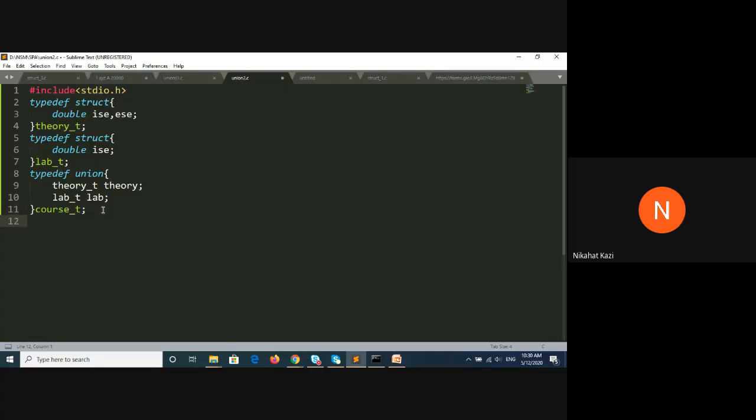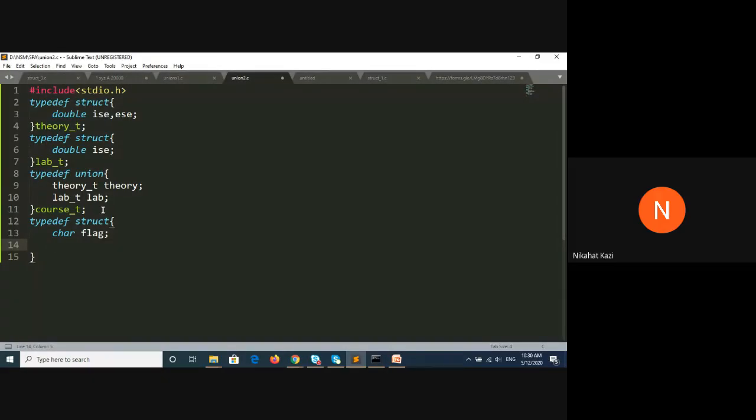So for this, we cannot represent this entire problem with only these three things. What we have to do is we need to create one more type, that is a struct type. And in that, we will create a flag, which will tell whether it is theory or lab. And depending on that, it will choose either the theory or the lab course.